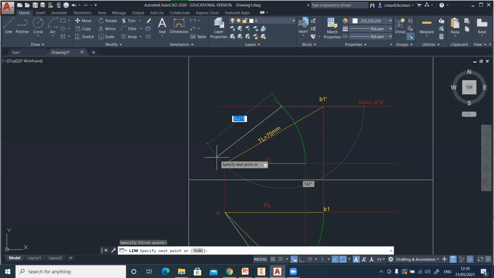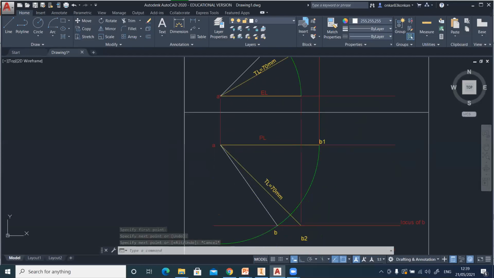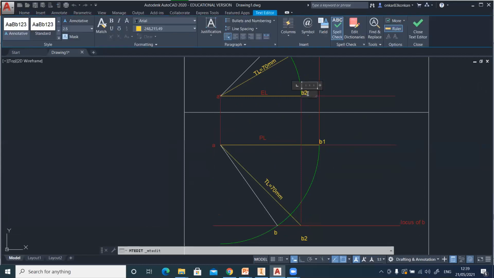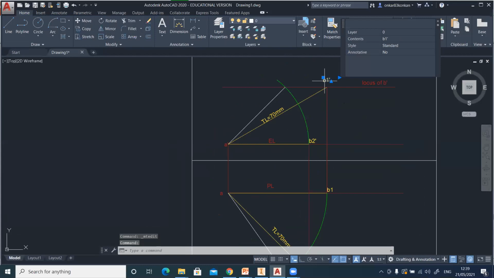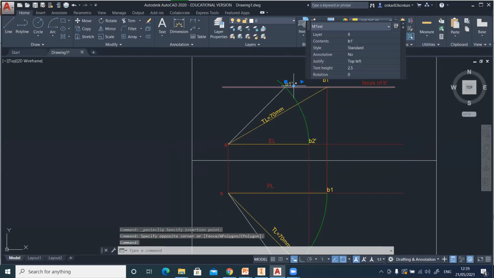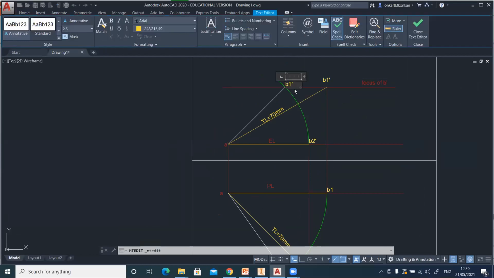This point is the front view of point B2, so it will be B2 dash. So this is B2 dash, and this is the actual front view. So this is the B point. This is the B dash point.